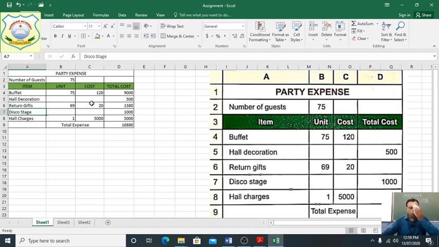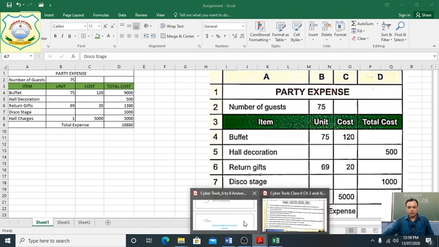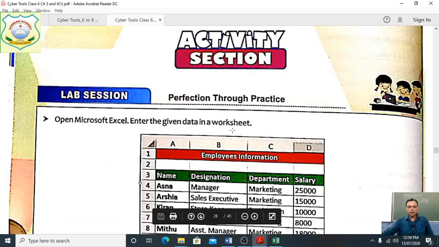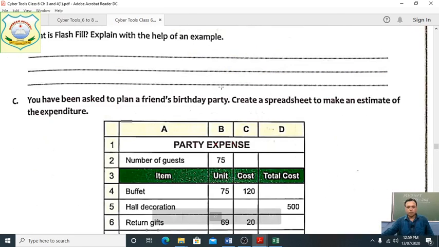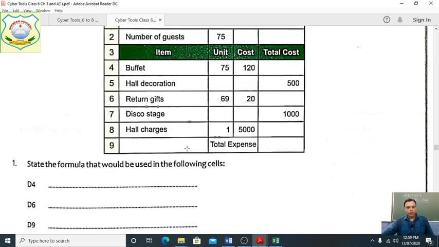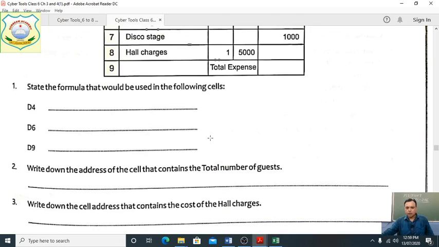First of all, we have told here party expense, they are the C. This one, students, we have given also as a part of the activity, and all of you match your answer with whatever we have told you.